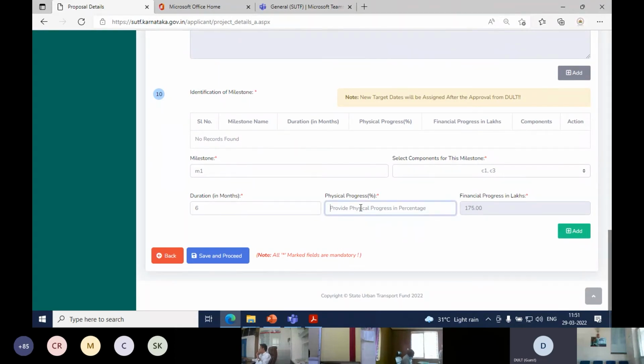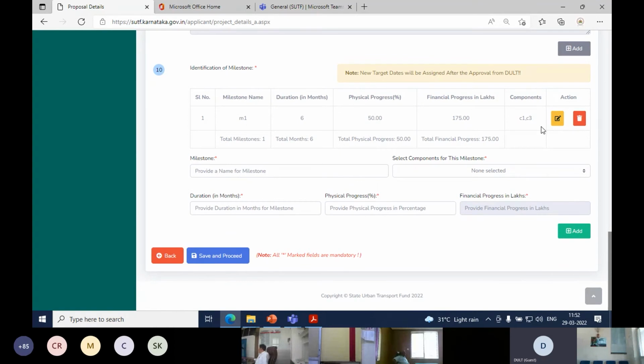You need to estimate what your physical progress of the project would be if you complete these two components in the first milestone. So I estimate that my project will achieve 50% of the physical progress, and your financial progress will be accounted automatically by the portal. So C1 cost and C3 cost got added here, and now I say add.